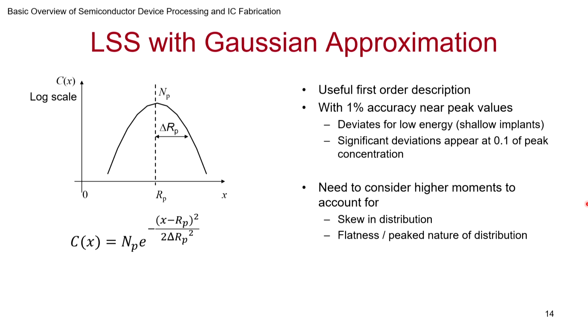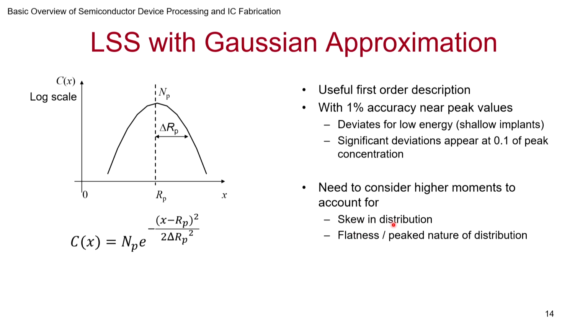So we need to consider now, what do we do? We bring in other parameters, and that's a natural way you should do. It's a more complex process, so you need other parameters to describe that complexity. What are the process complexities that you may get? You may find there is a skew, it is not symmetric. Some of them are piling up earlier, and there is a mean value, a peak value, and then it starts going down. Peak value, remind you, is not equal to the average. Peak value is the average only for symmetric distributions, like Gaussian. The peak is the same as the mean in this case.